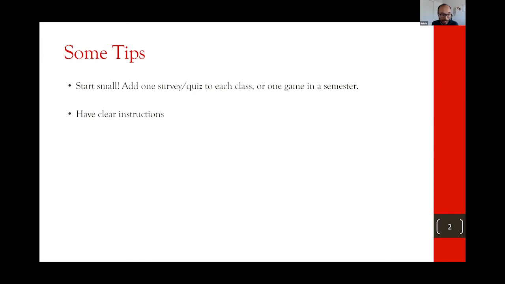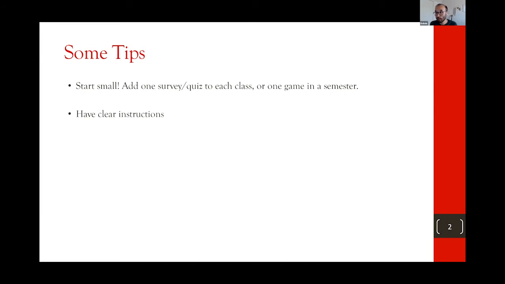One big tip is to have clear instructions. It's hard for students to figure stuff out on the fly, right? If you go to the classroom and you want to play a game and you just say, I'm going to click start, just figure it out, students aren't going to get as much out of it. So either make sure you share with them the instructions that MobLab has made, the video instructions and the PowerPoints, or go through it yourself briefly with the class before the game, just making sure they're all on the same page. That really adds a lot, because when students know what they're doing, then they actually get to focus on the learning part.